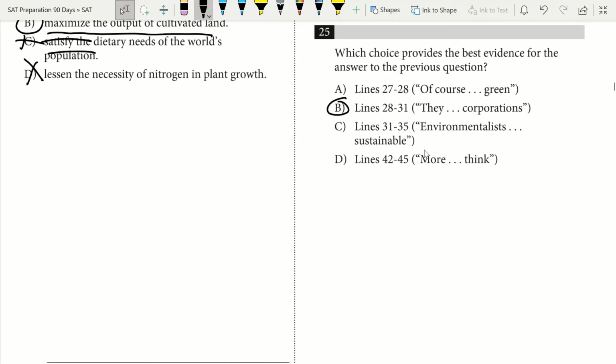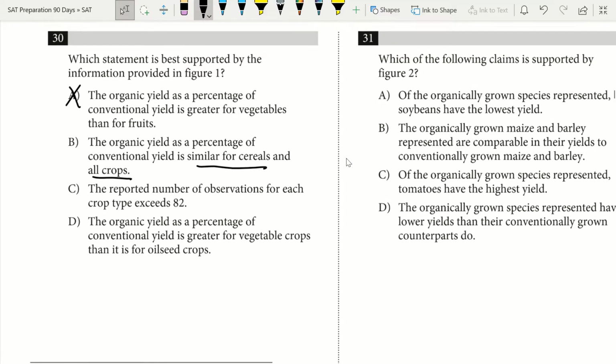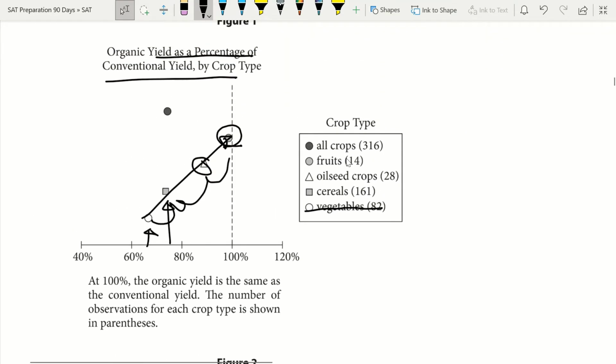So if we go down and we look at our answer choices, let's take a look at what we've got. We've got the organic yield as a percentage of conventional yield is greater for vegetables than fruits. No, it's greater for fruits than vegetables. The organic yield as a percentage of conventional yield is similar for cereals and all crops. Well, if we really think about this, let's go look at our figure and also think back to our passage. So in our figure, we see that all crops is this circle here, which is right here, and